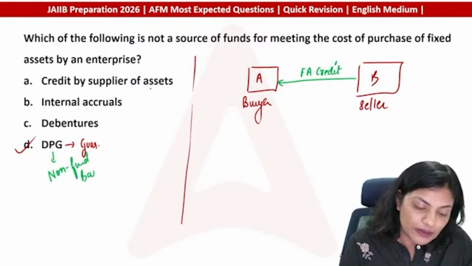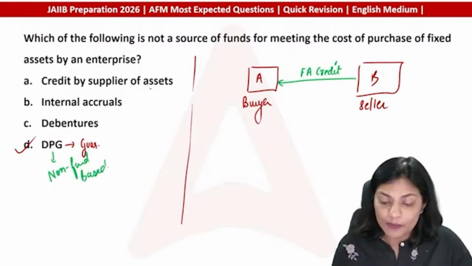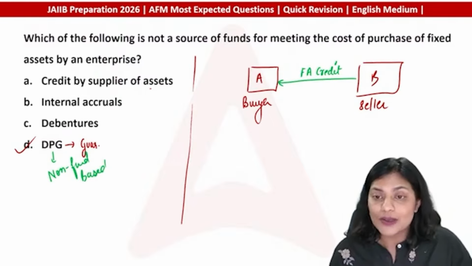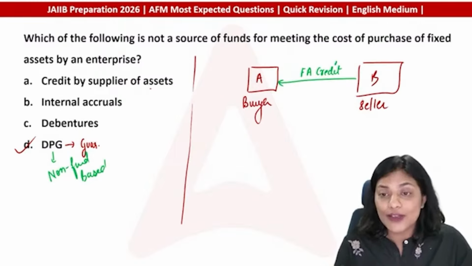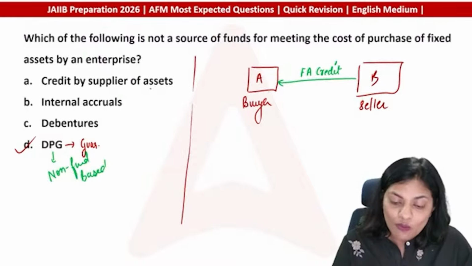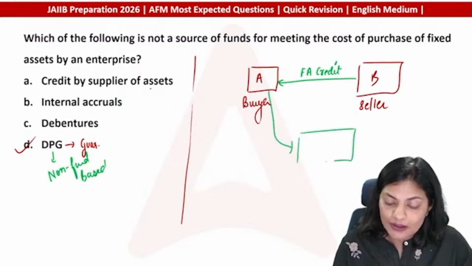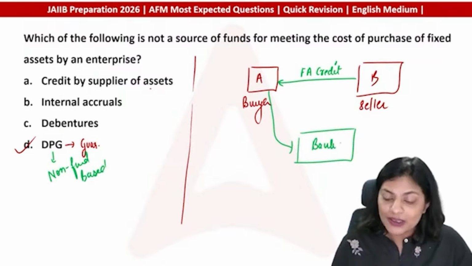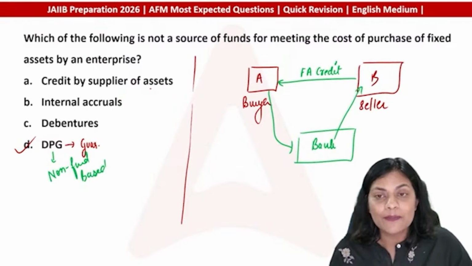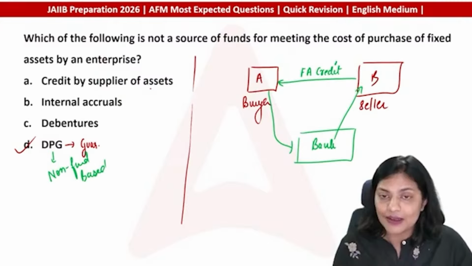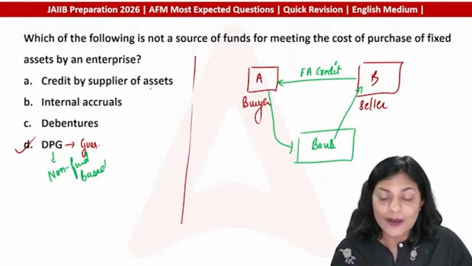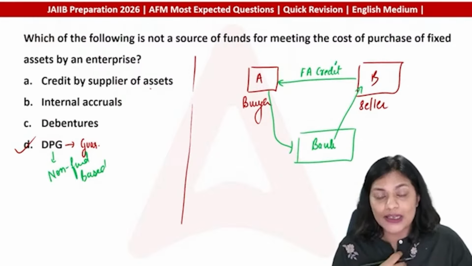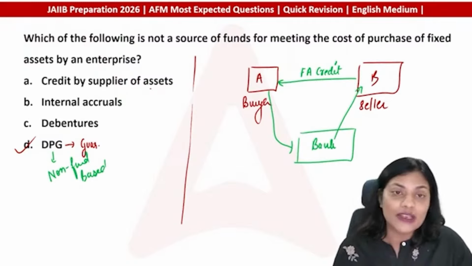It is non-fund based, right? All these are fund based. It is non-fund based. Now, the buyer is looking forward to purchasing the asset on credit and B is not ready to provide the fixed asset on credit. So what does A do? A reports to the bank and is looking forward for some support. The bank approaches the seller and says that, hey seller, if Mr. A defaults in the repayment of the EMIs, installments of the fixed asset, then I am giving you a guarantee that I would repay the amount on his behalf.